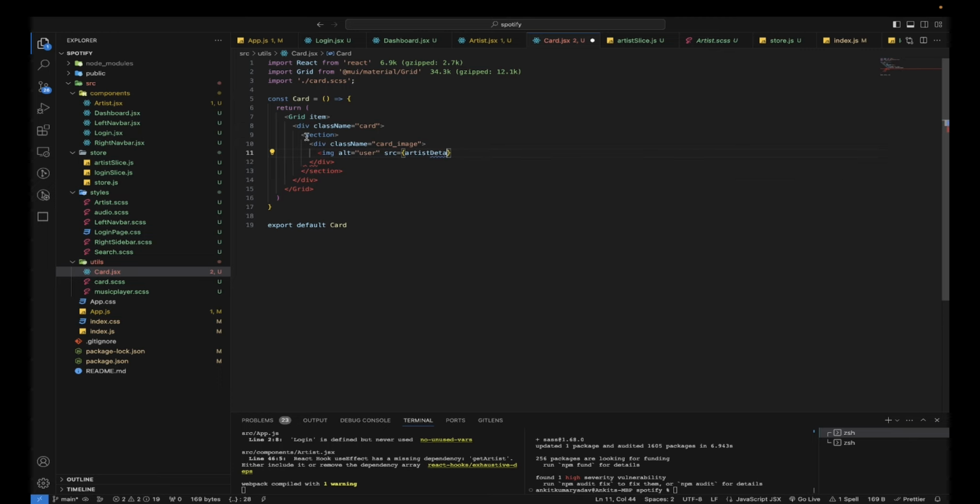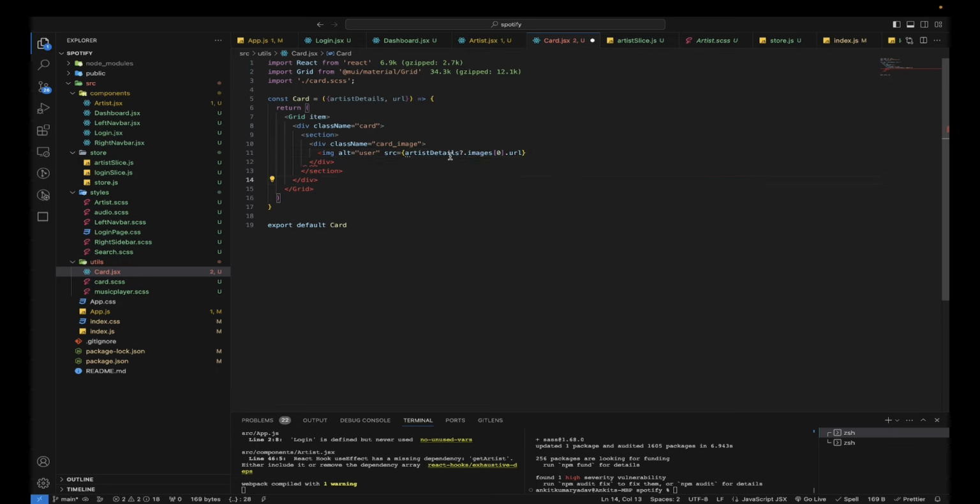Let us just import here the props whatever we passed. The first one is artist details, and the second one is URL. So this artist details is artist details dot images of 0 dot